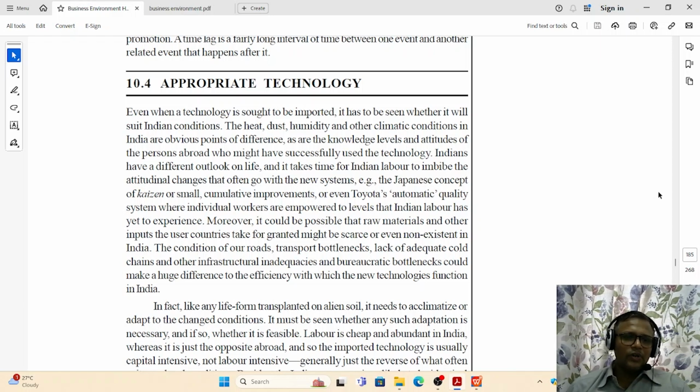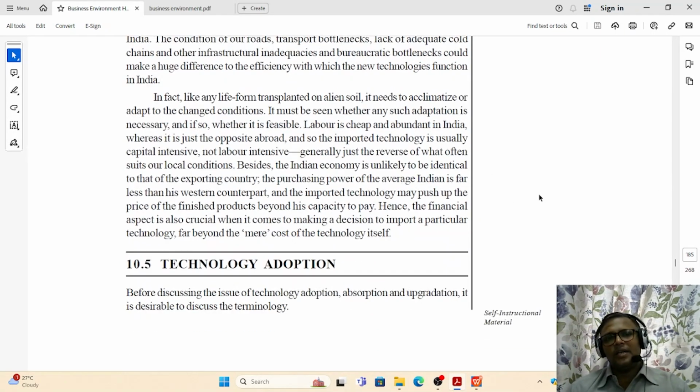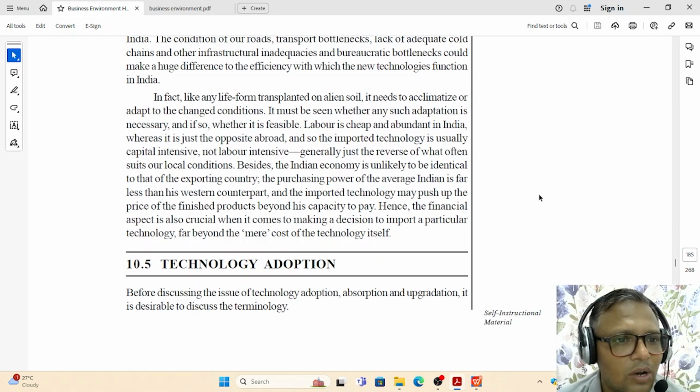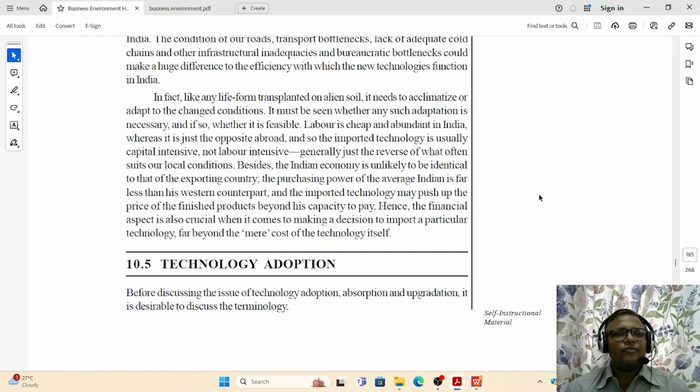Thus, the condition of our road transport bottlenecks, lack of adequate cold chains and other infrastructure inadequacies, and bureaucratic bottlenecks could make a huge difference to the efficiency with which new technologies function in India. In fact, like any other form transplanted on alien soil, it needs to be alchemized or adapted to the changed conditions. It must be seen whether any such adaptation is necessary, and if so, whether it is